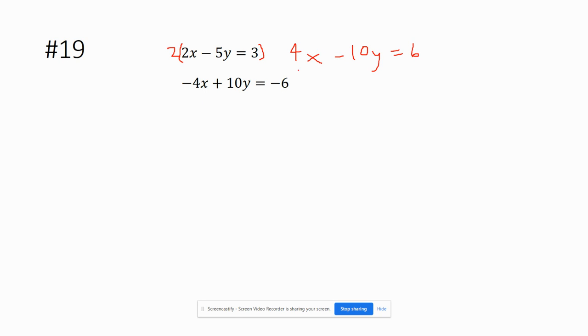And so if we add these equations together, 4x plus negative 4x is 0. Negative 10y plus positive 10y is 0. So we get 0 on the left. But then we do 6 plus negative 6, and we also get 0. This is a true statement. So that means these are really the same exact line